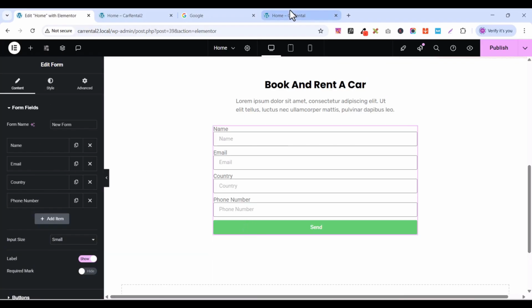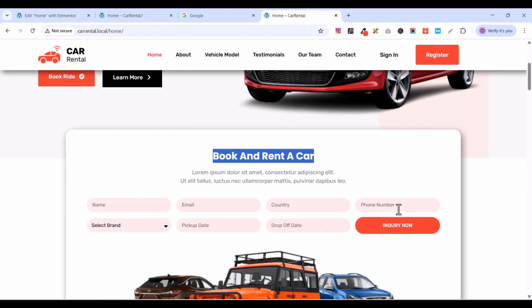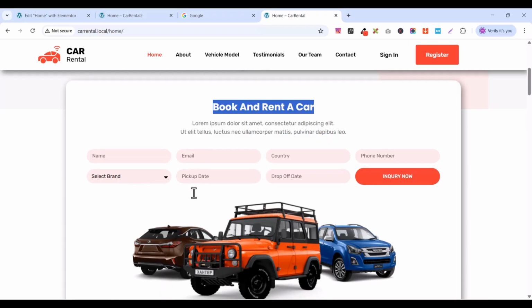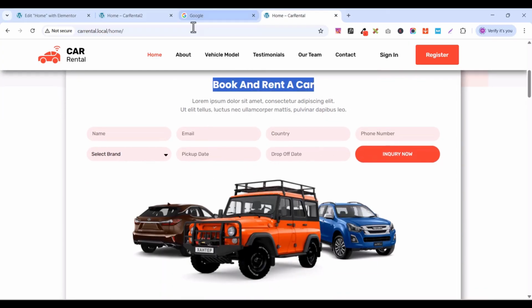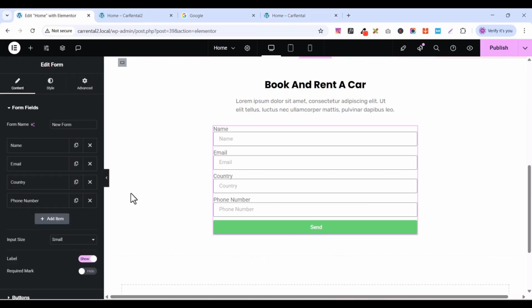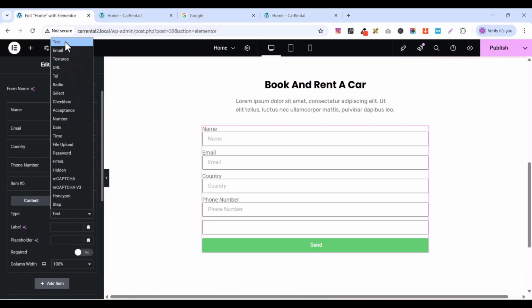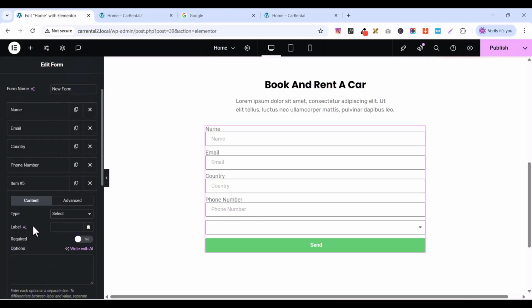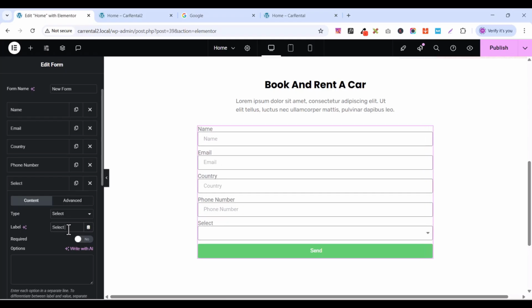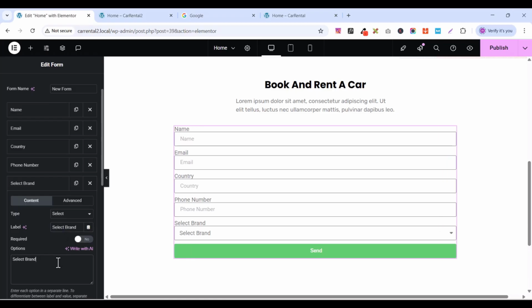And what again, let's check: select brand and pick up date, drop off date. So let's go back and add another item. Click on this add item, and on the type, let's pick select like this, and here let's write select brand. Let's copy it like this and paste it here, select brand, and our brands are going to be Benz,